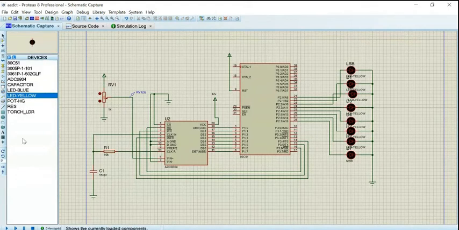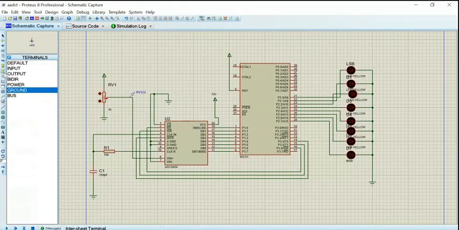If you go to the parts list, you will come to know what things I have taken: LDR, and I'm not using the POT-HG component, this LED, the capacitor, resistor, and ADC 0804, this one. Ground and power source you know already.